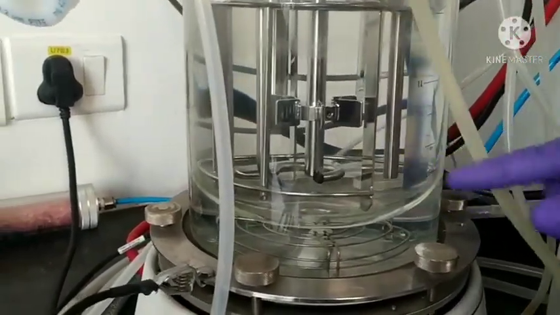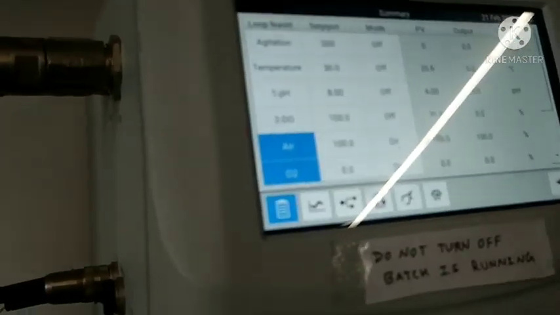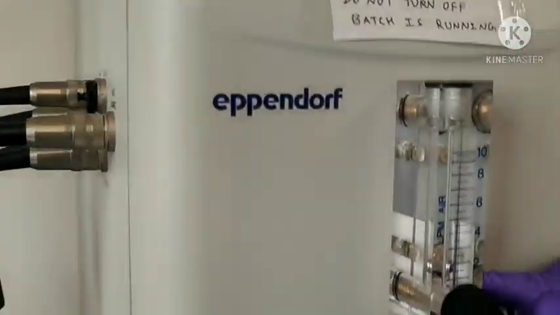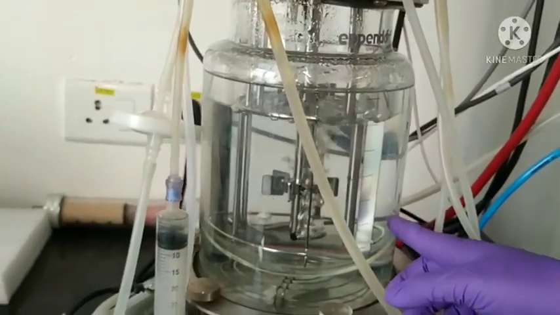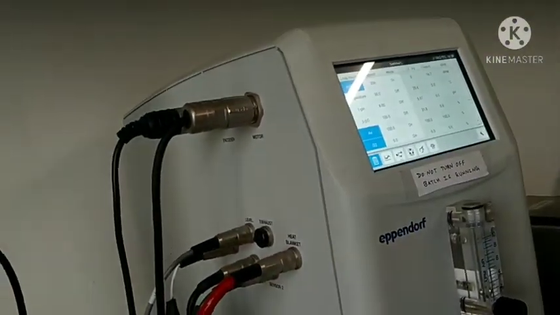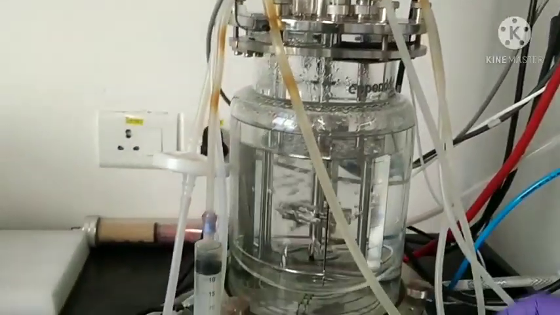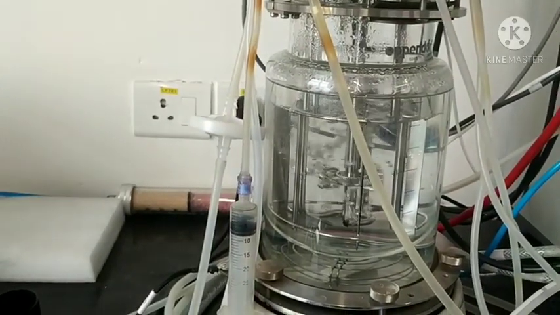When you switch it on like air, it will directly show around 2 LPM of air going inside, and you can see the bubbles going inside to provide oxygen. If you want to mix the oxygen, you just have to add agitation with this. Now you can see how it is reacting inside, with uniform mixing of the air.